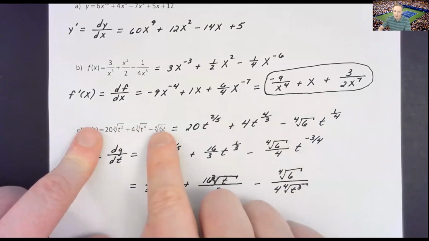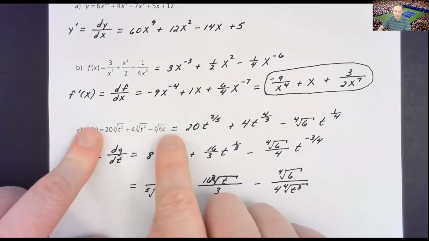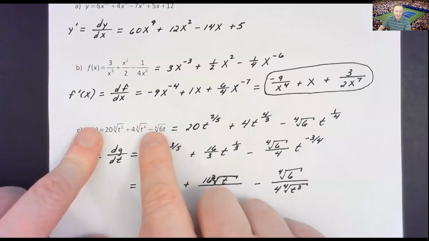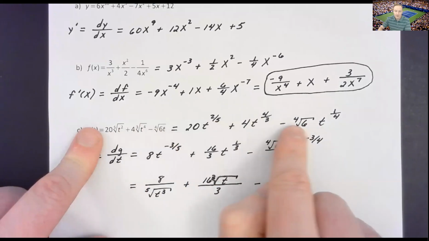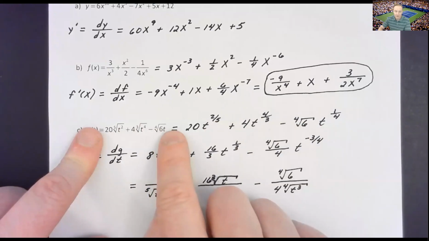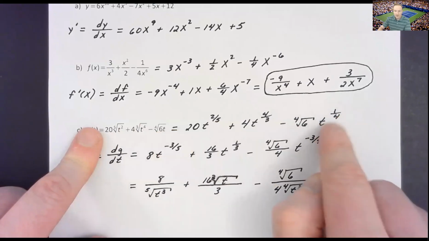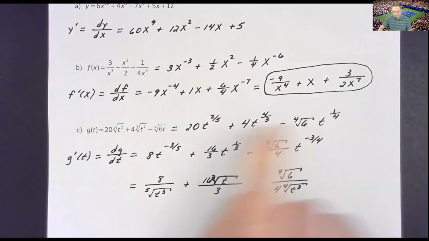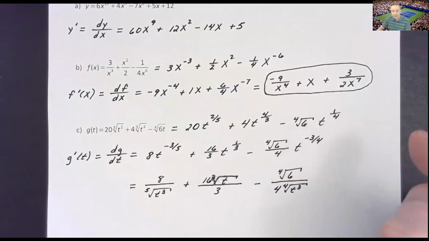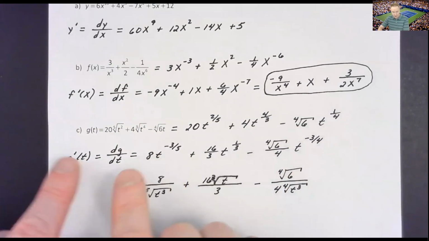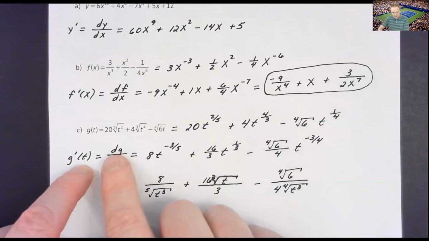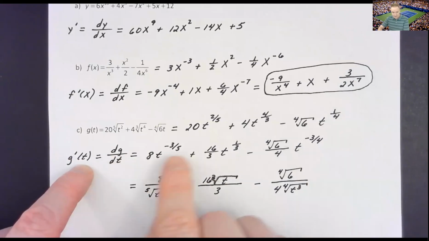And the last one, trickiest one, all of that is under the 4th root. I can leave the 6 under the 4th root. I can say minus the 4th root of 6, but then I need to understand that that 4th root of t means that's t to the 1/4 power. So now I can say, okay, I've got it all in there to where I should be able to use the power rule. So g prime of t, or the derivative of g with respect to t, is equal to,